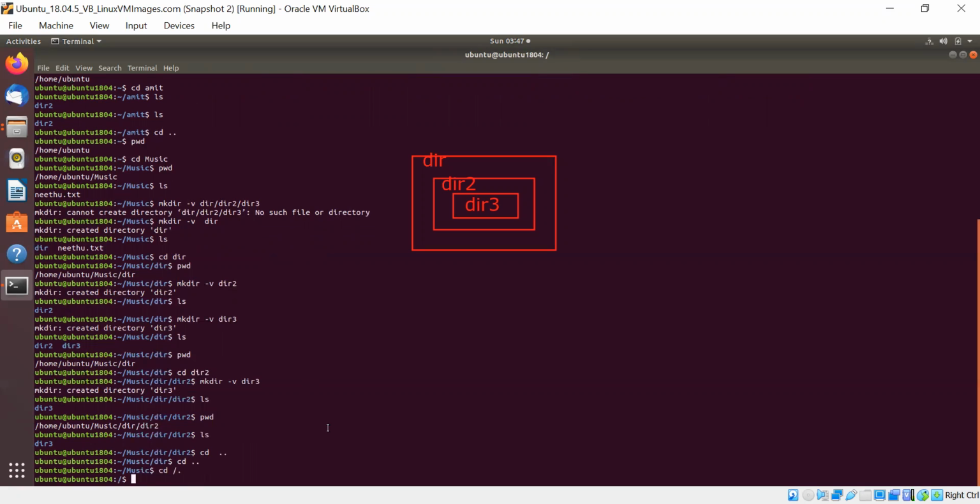So I hope it is clear to you how to run the commands, how to create a subdirectory, how to create a directory inside a subdirectory, how to check the list of files inside the subdirectory, and how to come back to the parent directory. If you want to come back directly to the parent directory, instead of going step by step, you can directly write this cd. I hope this session was informative for you and you learned some commands in this video.